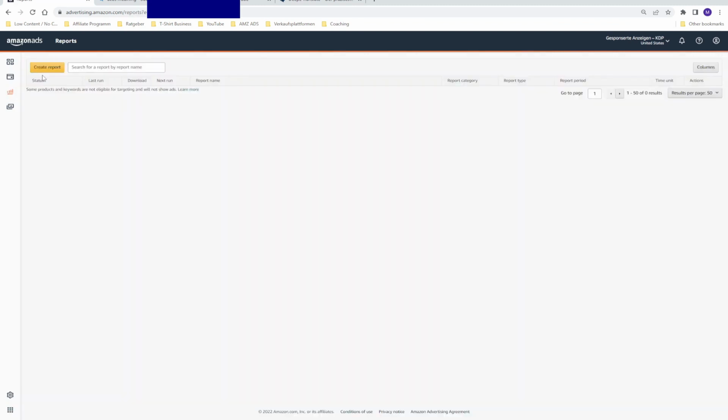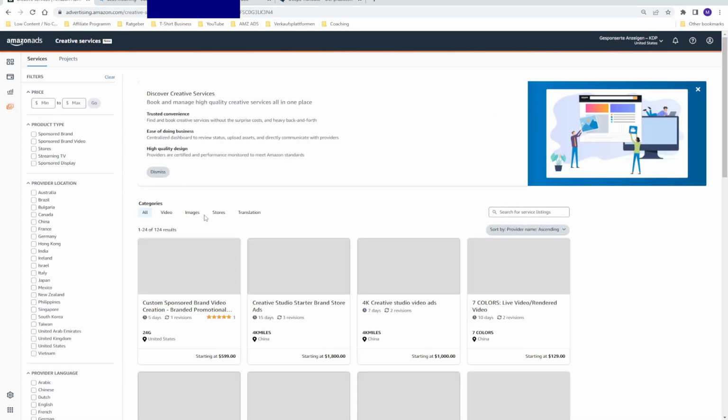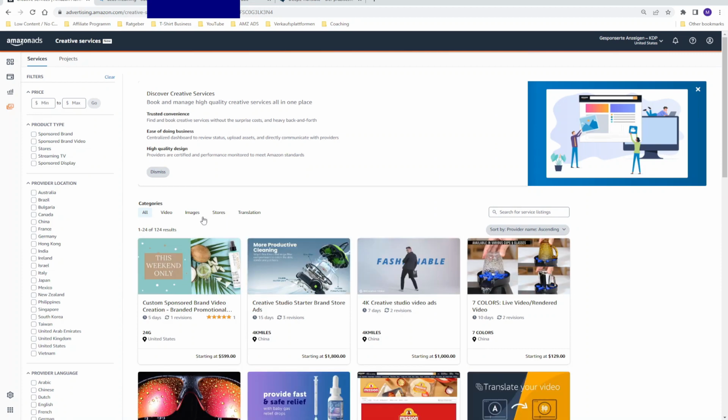There you can create a report for each campaign and analyze whether the campaign is profitable or not. And the third button is creative service. And there Amazon is promoting different services around Amazon KDP. As I mentioned, the most important button is Campaign Manager.